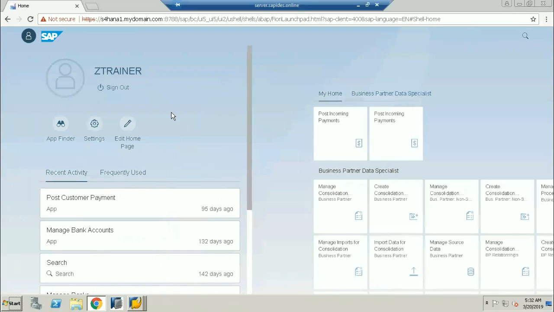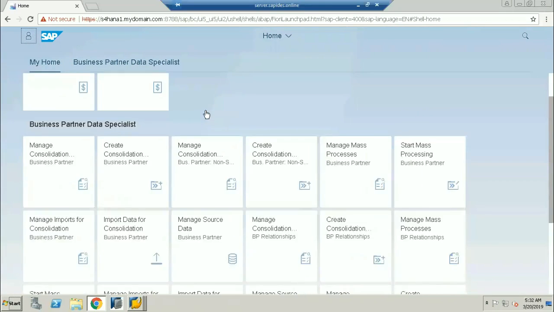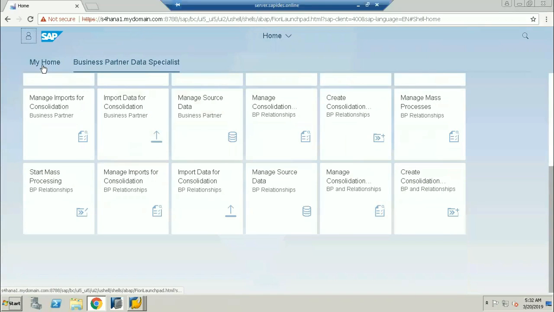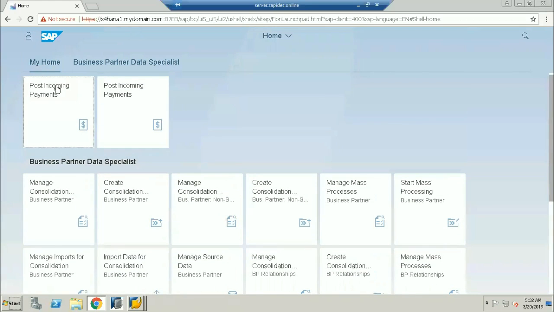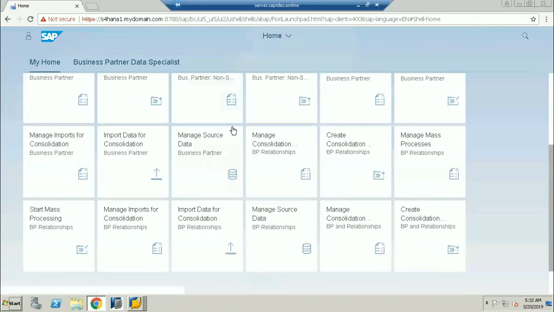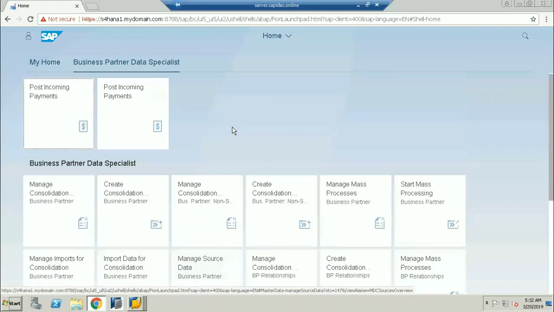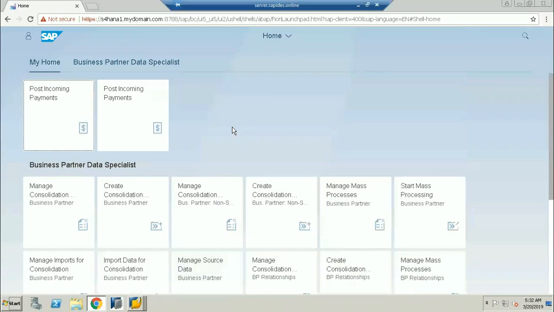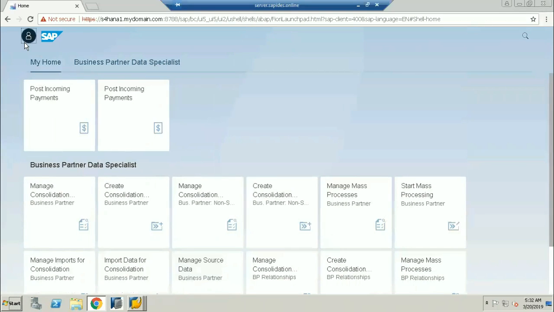Now I want to look out for all the apps. These are the apps. If I go into the home, these are the apps which are being given access to my Fiori. Now I want to find out all the apps in the list, the assignment of the Fiori tiles to my role ID, without assignment. I want to look at all the Fiori apps.